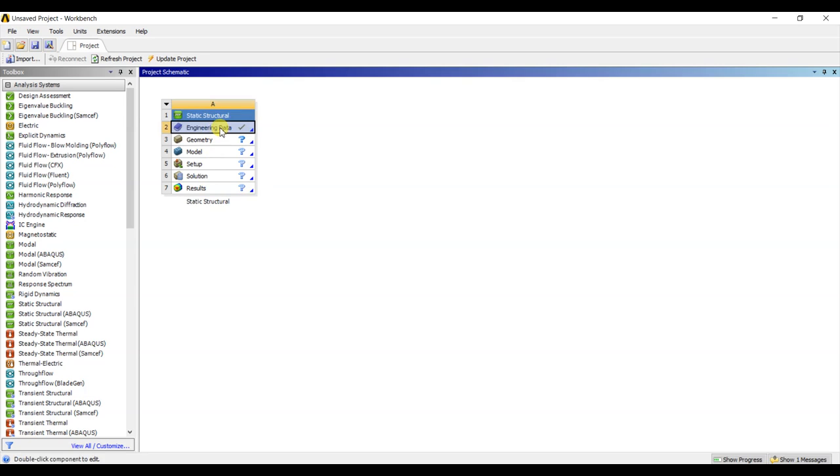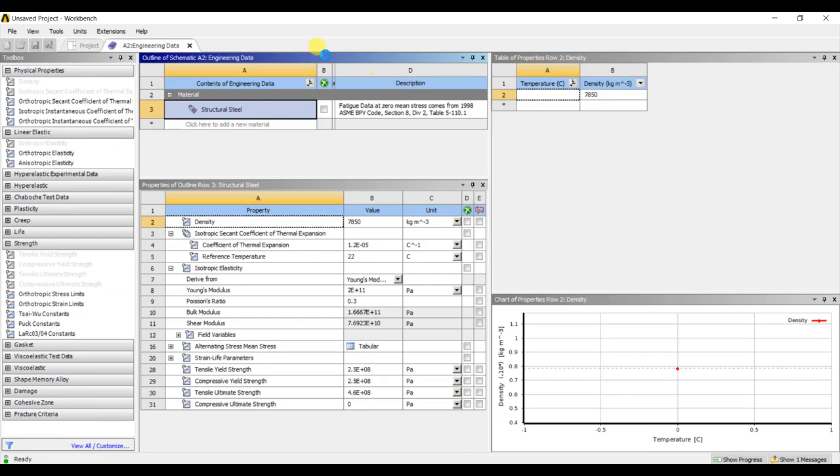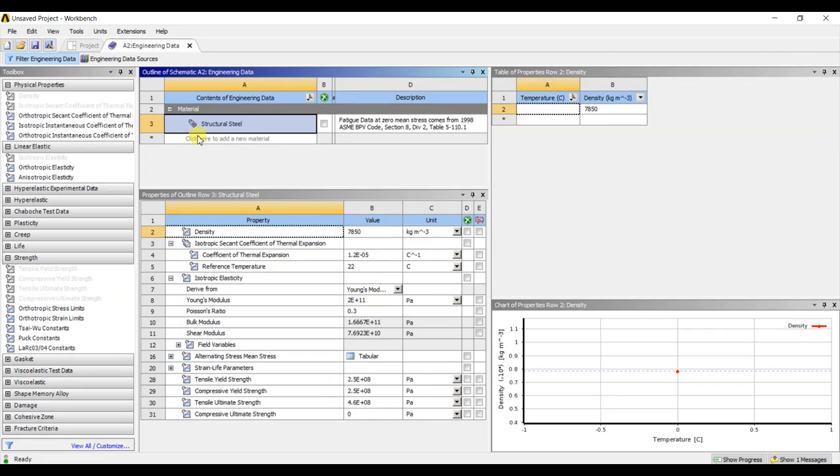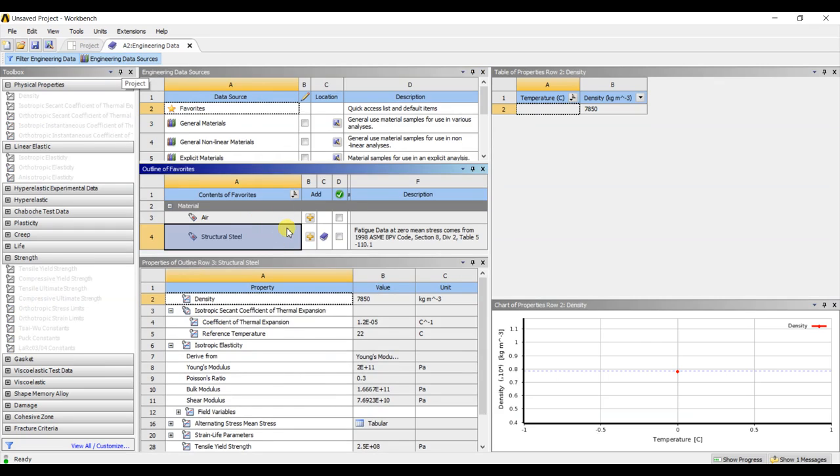When you right click on it, you get an option of edit. Here by default it selects the material as structural steel. You can add more materials, or if you want another material, you can simply add it by going into the engineering data sources and adding any different material by clicking on the plus sign.